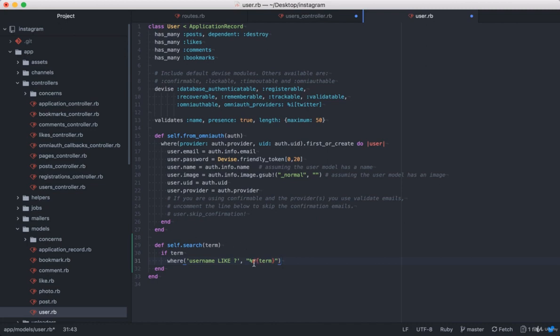So this is the way we write to pass the variable in a string. So else nil, another nil n, right? Save it. So you get the keyword to search, and then you get all the users which have name